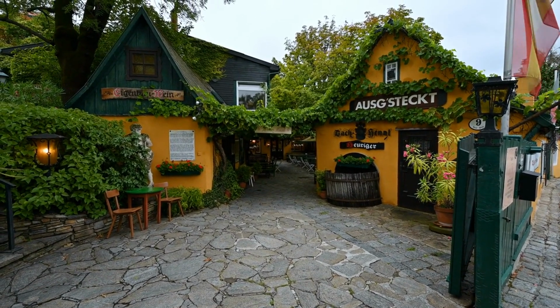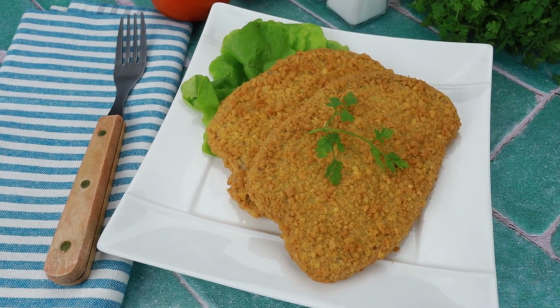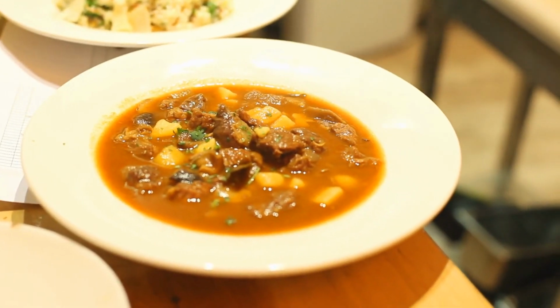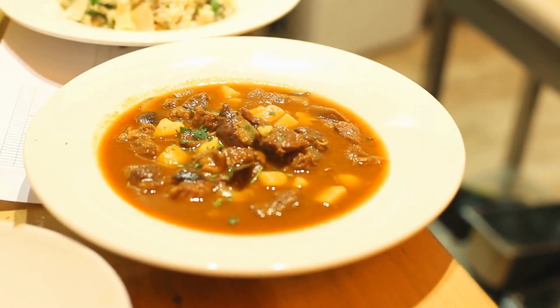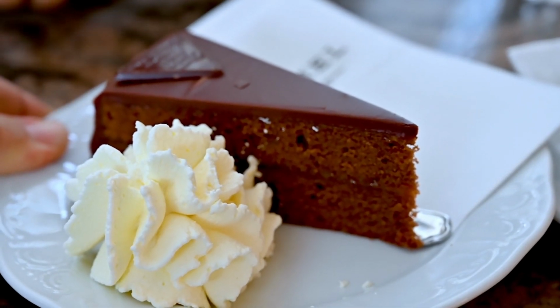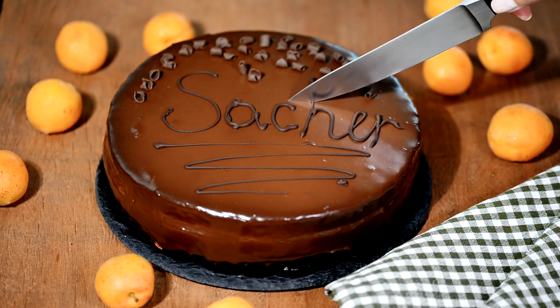As evening descends upon Vienna, immerse yourself in the city's vibrant culinary scene with dinner at a traditional Viennese restaurant. Indulge in dishes like goulash, a hearty stew of tender beef, onions, and paprika. For dessert, treat yourself to a slice of Sachertorte, a decadent chocolate cake with apricot jam, accompanied by a cup